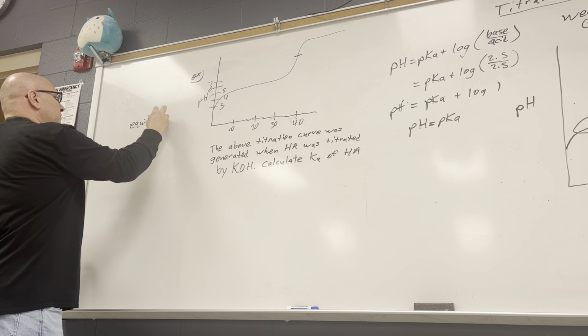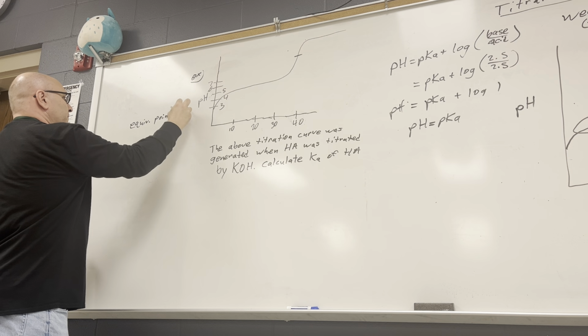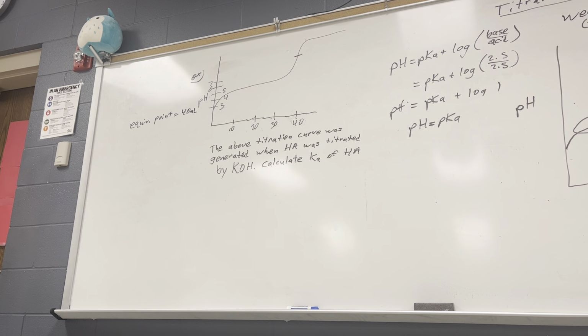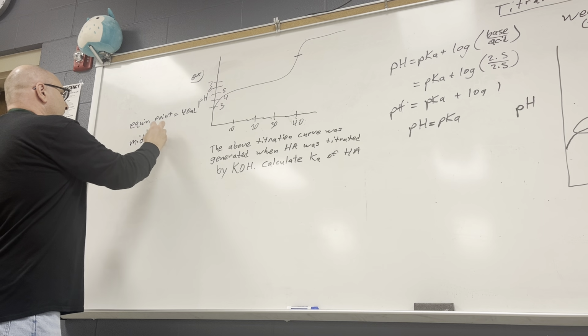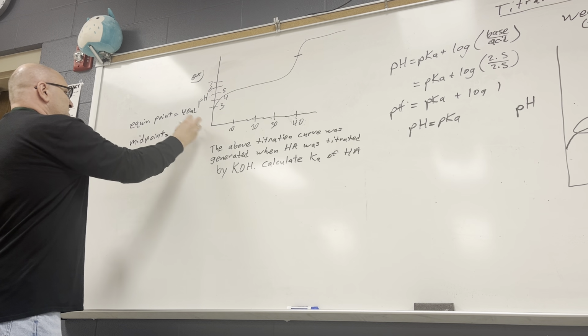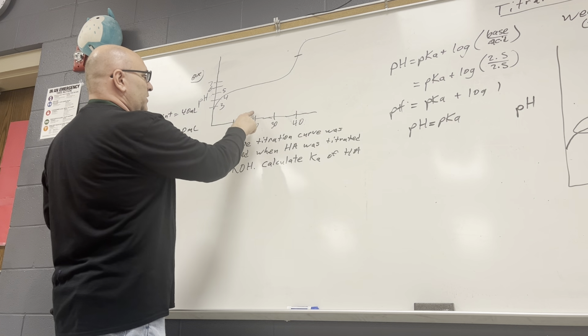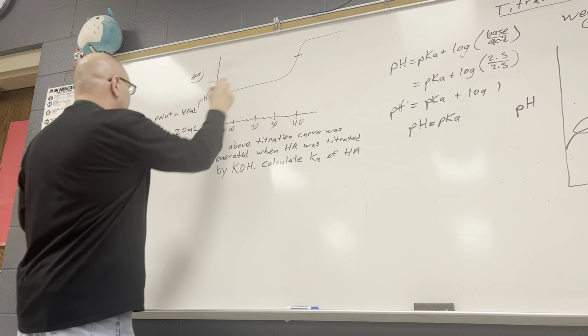Midpoint is going to be halfway to the equivalence, so what's the volume at the midpoint? So then our estimated pH at 20 milliliters is around